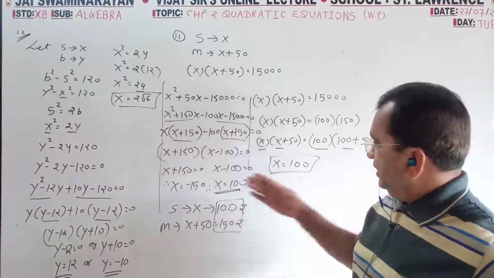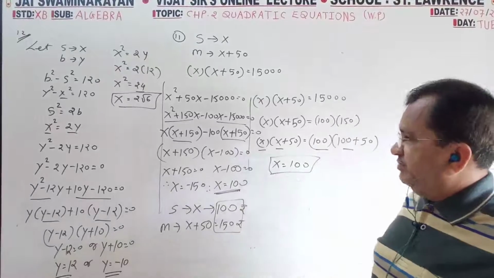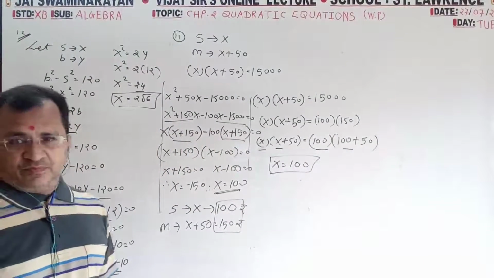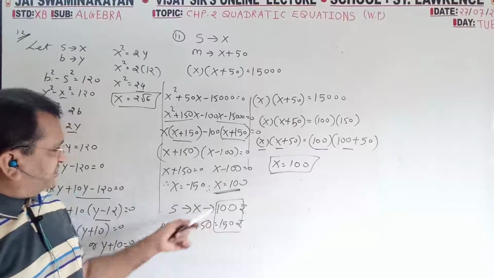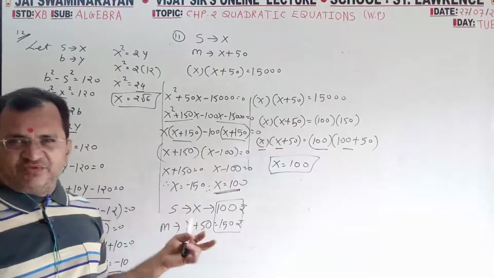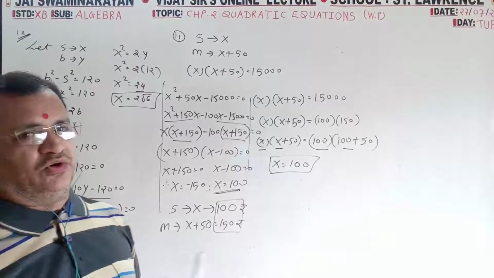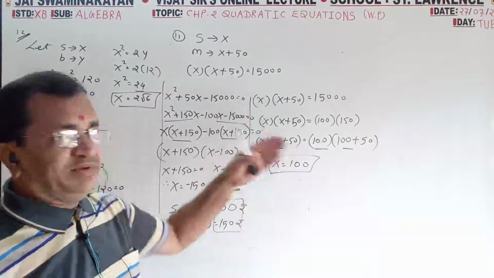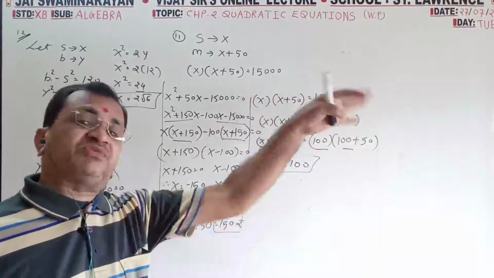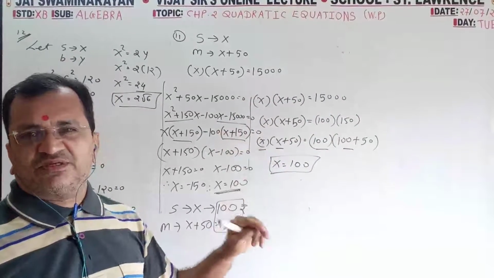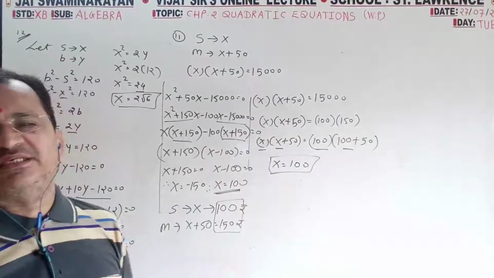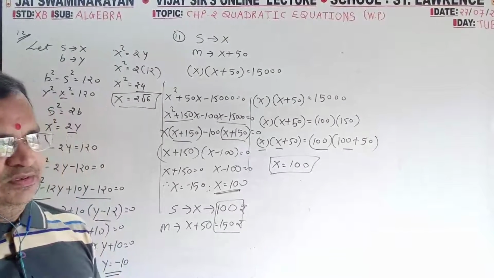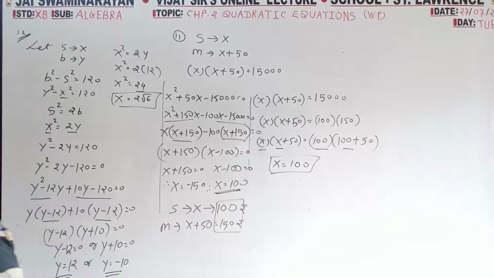Okay, take a screenshot because both the methods are very important. If you will go by this, only a positive answer you will get. No need to write the argument that currency cannot be negative, amount cannot be negative. Directly positive answer. And see the rhythm: x plus 50, 100 plus 50. So x plus 100. So what is x? x is 100. So take a screenshot.